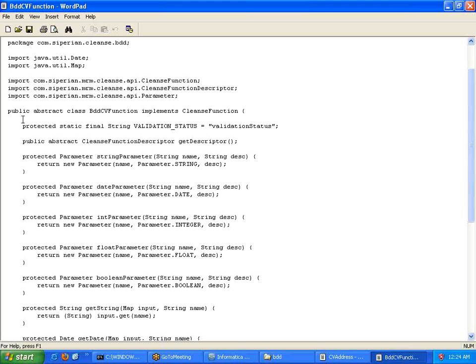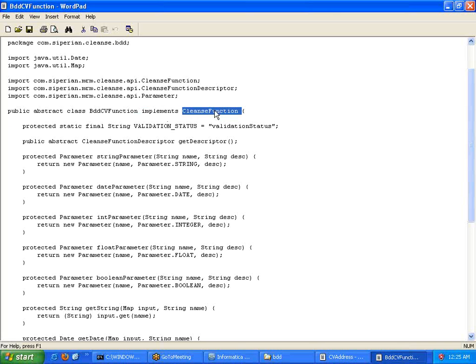Now if you look at this, the class type is an abstract class. Remember, which means nobody can instantiate this particular class in order to make use of the methods we have within this class file. Remember, yeah? Now, this class is going to implement the interface cleanse function.